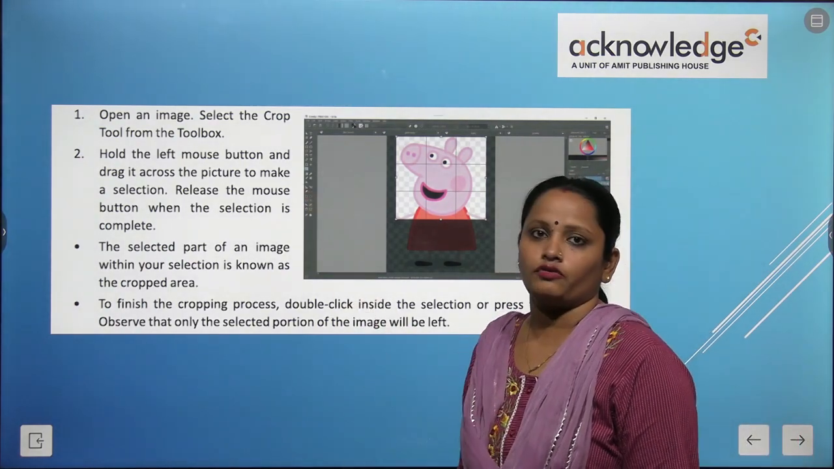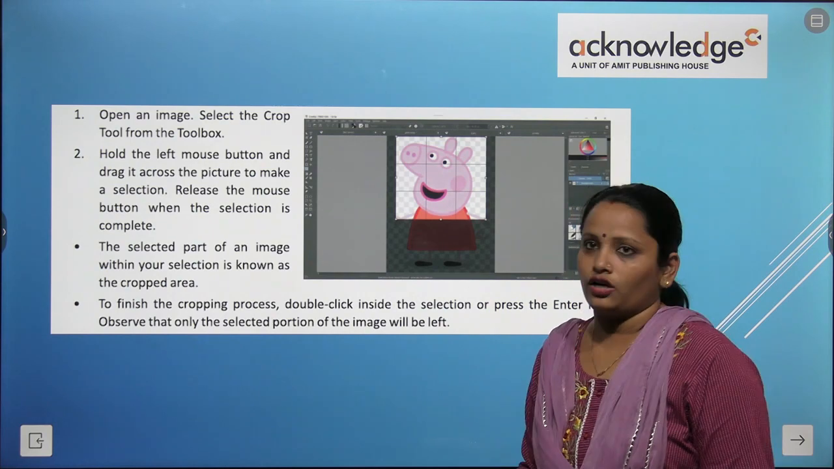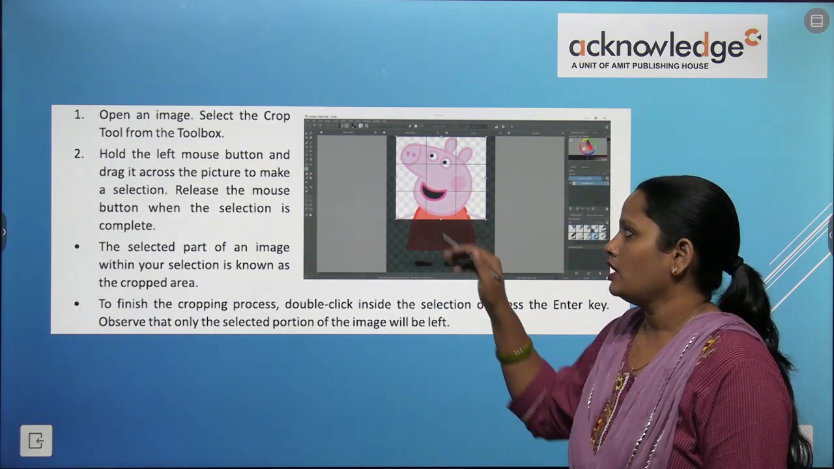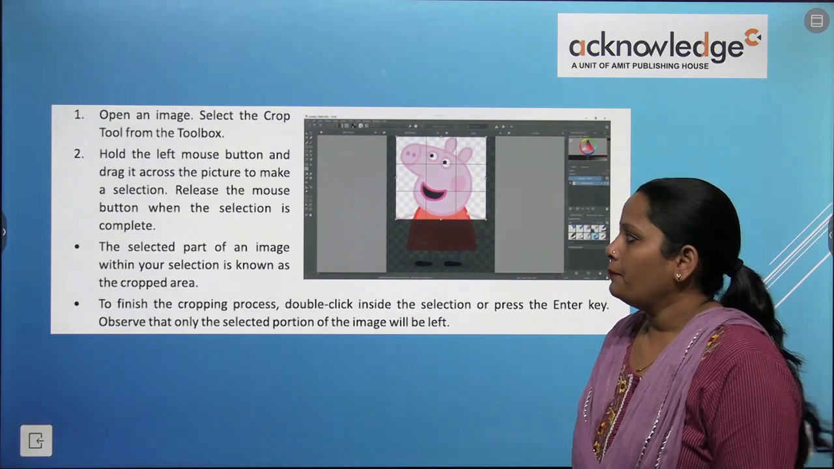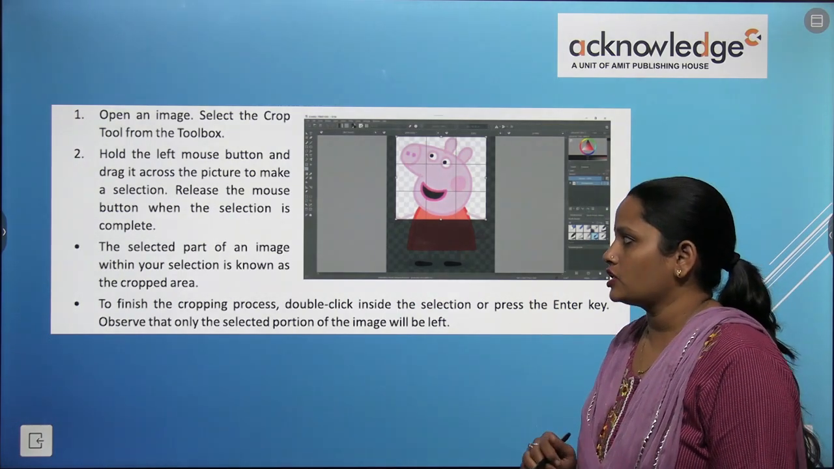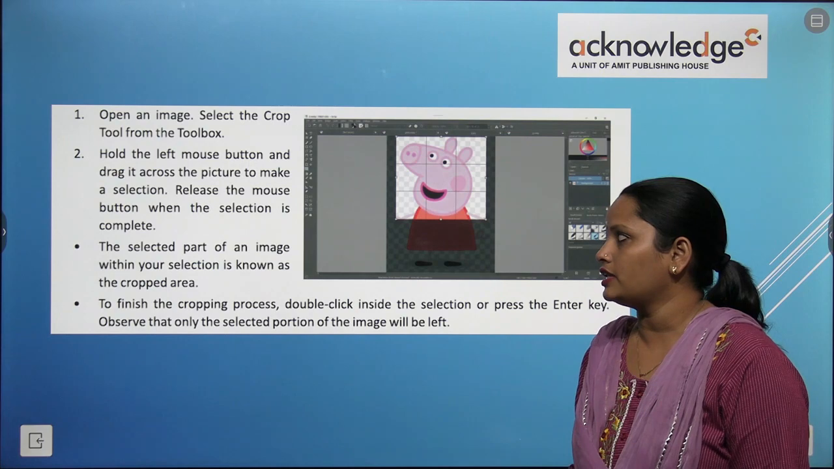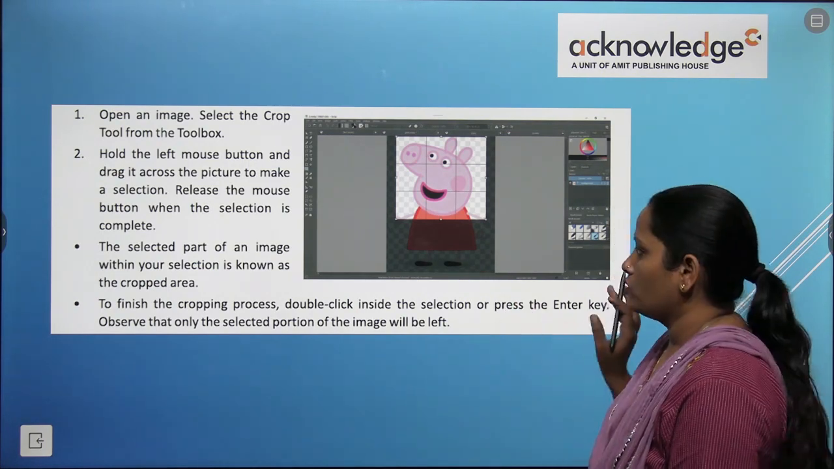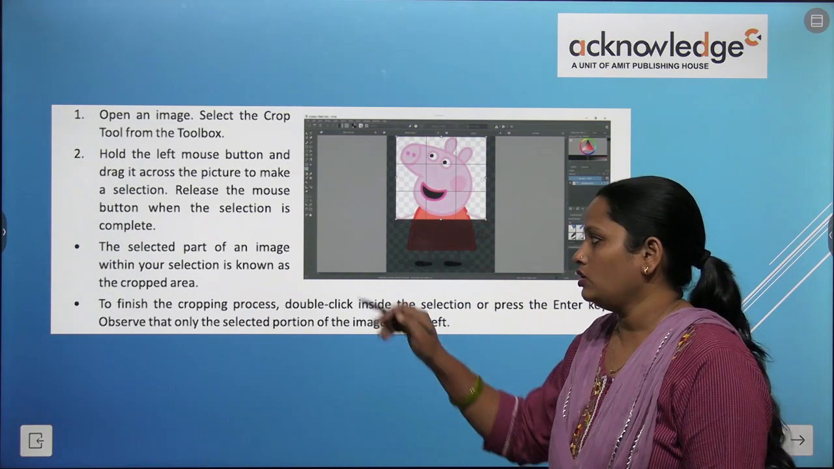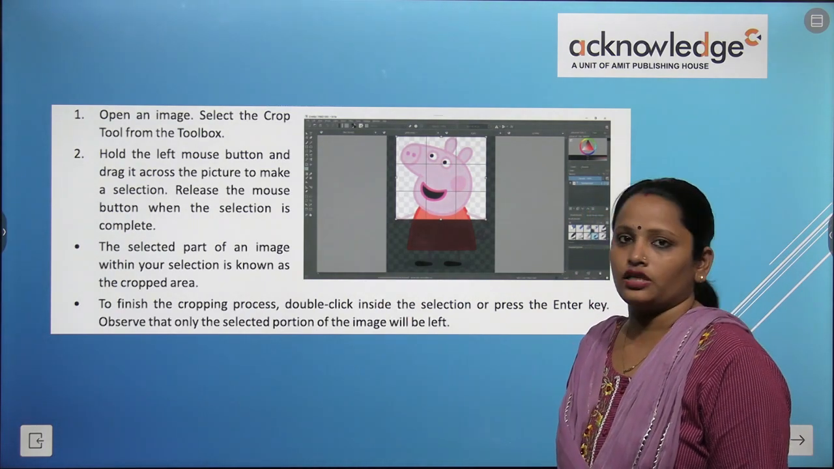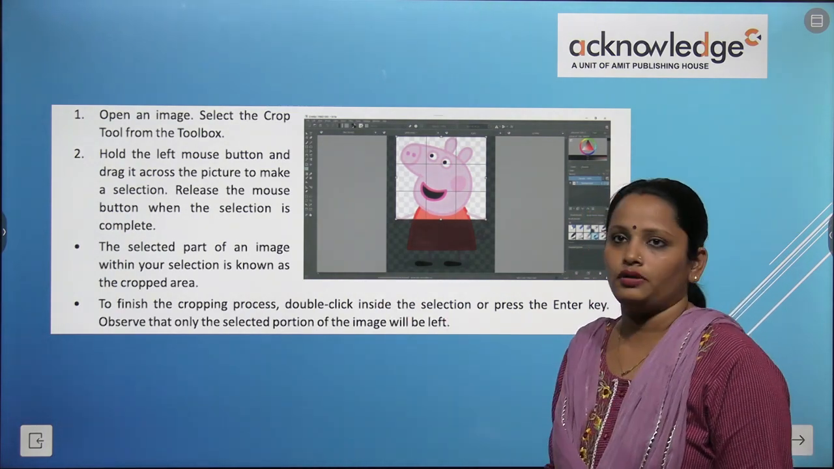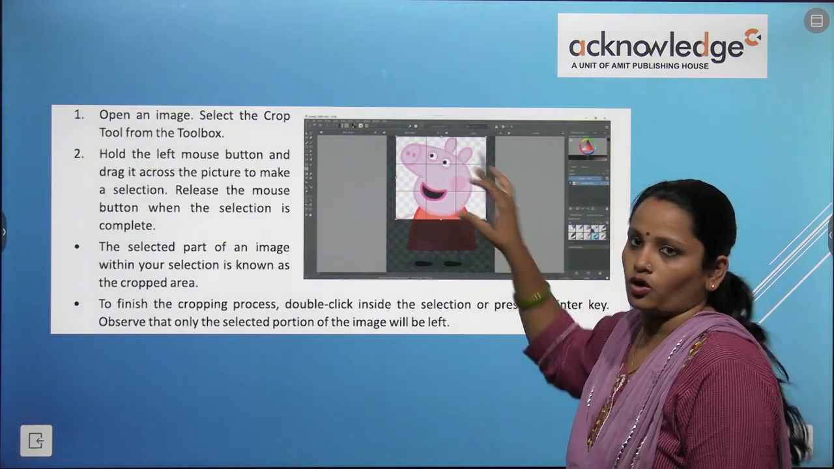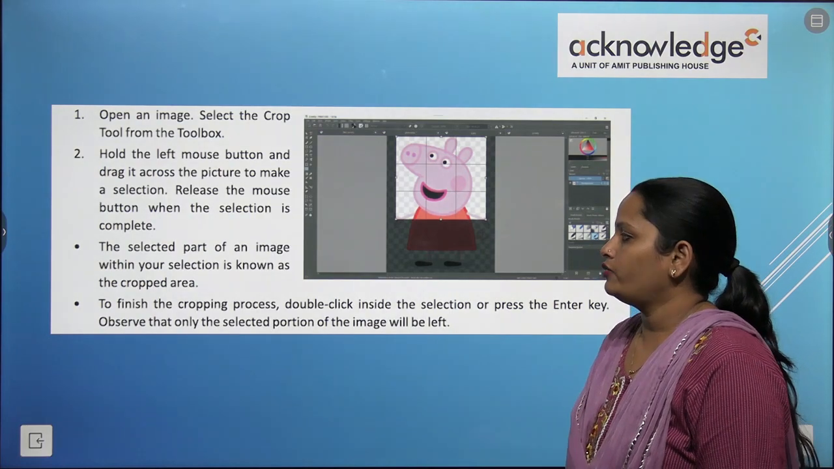So how to do this? First we have to open the image, then select the crop tool from the toolbox. So toolbox में से crop tool को हम select करेंगे, लेफ्ट माउस बटन को प्रेस करेंगे और ड्रैग करेंगे पिक्चर के ऊपर। रिलीज द माउस बटन व्हेन द सिलेक्शन इज कंप्लीट। जब हमारा सिलेक्शन कंप्लीट हो जाएगा सो हमें उसे रिलीज कर देना माउस बटन को। द सिलेक्टेड पार्ट ऑफ द इमेज विद इन योर सिलेक्शन इज नोन एज द क्रॉप्ड एरिया। सो वो पार्ट जो हमारे सिलेक्शन के अंदर है इसे हम क्रॉप्ड एरिया कहते हैं।